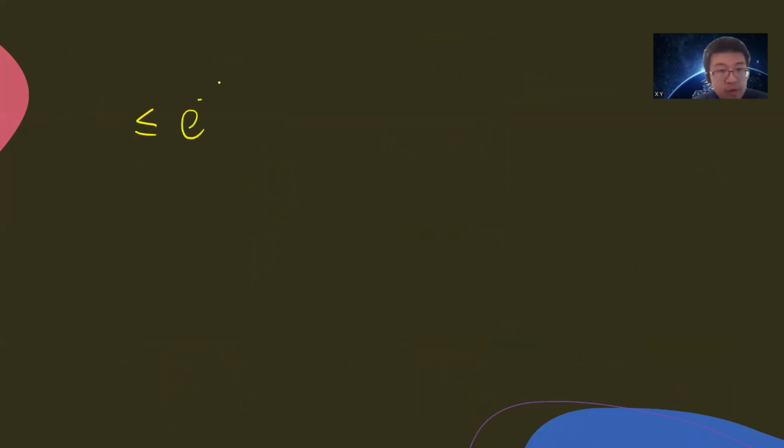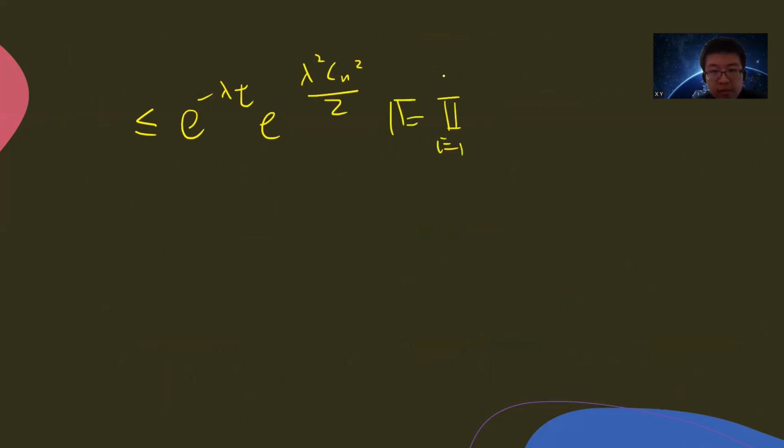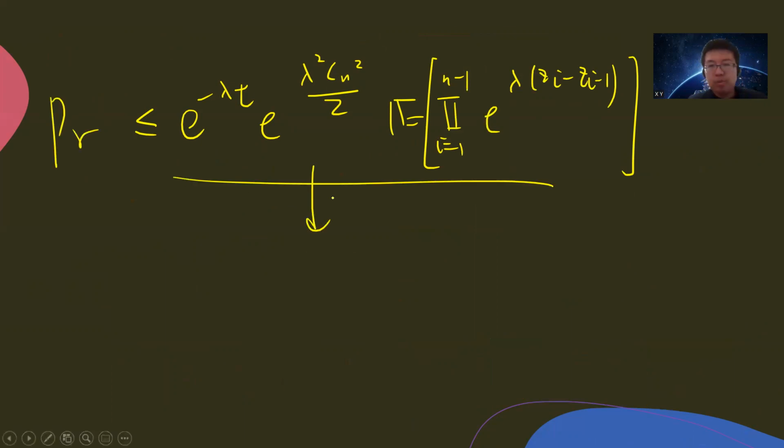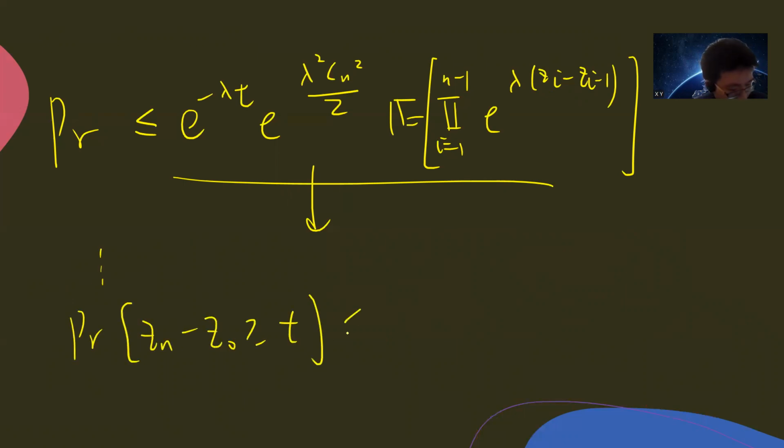So your result is this, and this is your probability. Now you can keep going: you keep using this idea, take out the second term, and write this as conditional probabilities. Keep going, and your final result is the probability that Z_n minus Z_0 is greater than or equal to t is less than or equal to